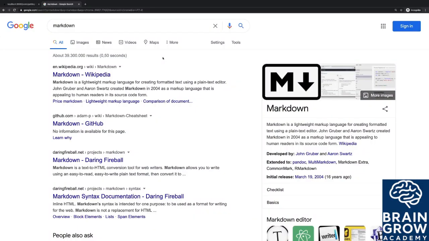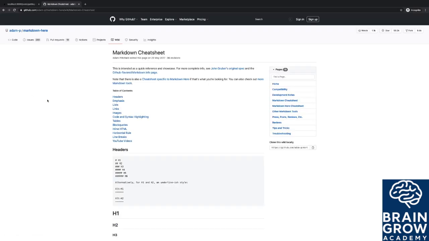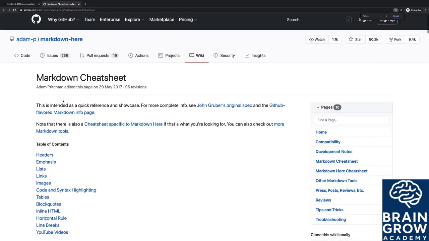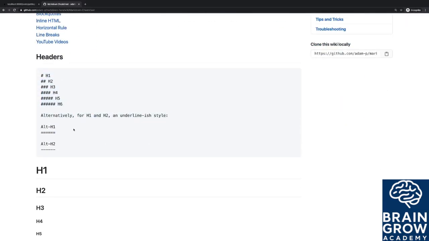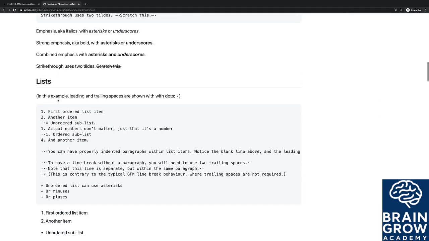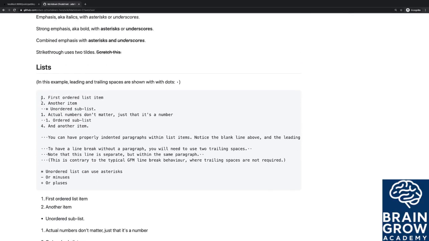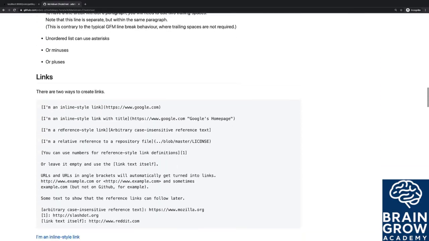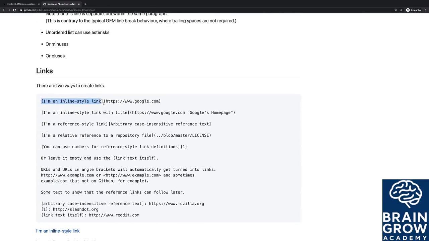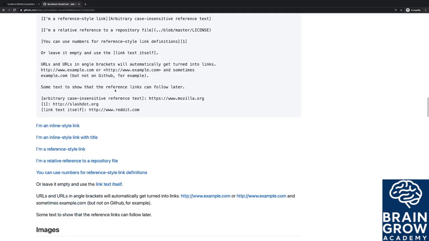Now in case you're not familiar with markdown, you can of course Google it, look it up, and you'll see that there also is a cheat sheet. Markdown in the end is plain text with extra annotations. Markdown looks like this. You write text, and you can, for example, add a hash symbol in front of it to turn it into a title. You can also create lists with dashes or with numbers to have ordered lists. You can add links by putting text in square brackets and adding the link destination in parentheses thereafter, things like that. If you ever worked with GitHub and you added a README for a GitHub repository, you wrote that in